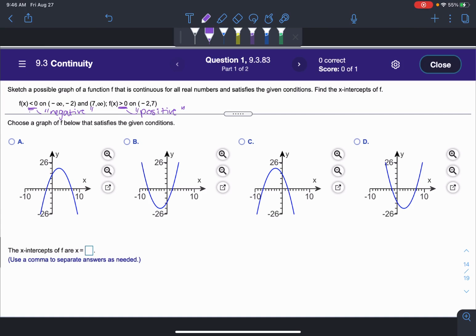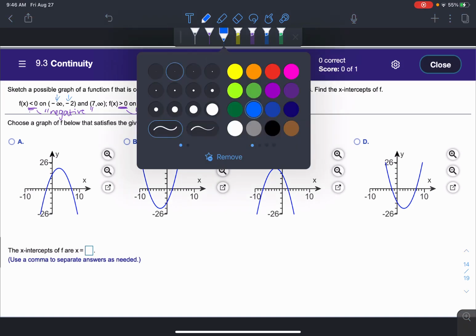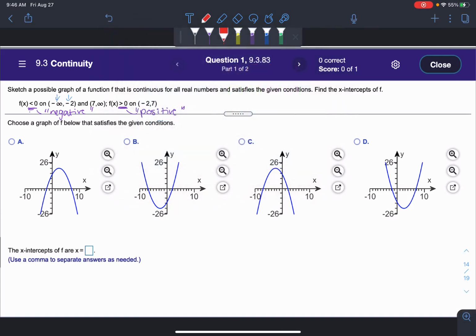So the first one says that from negative infinity to negative 2, I want my function to be negative. So negative infinity, I'm trying to make this bigger. Okay, so negative infinity starts all the way down here, right? And so negative 2, which is about here, we want that piece to be negative. So that works, right? It's below the x-axis. And then we also want it from 7 to infinity to be negative, which this is 7, and then out to